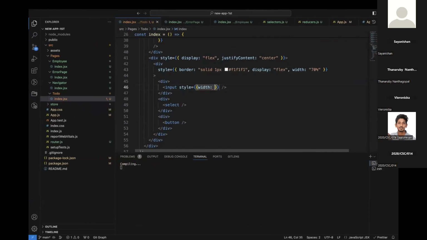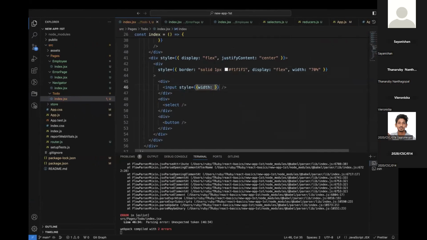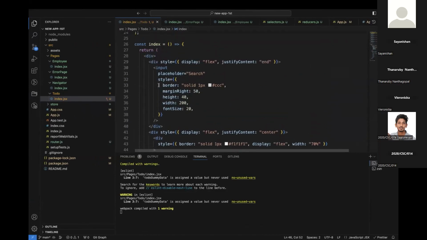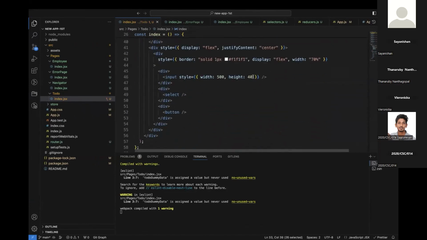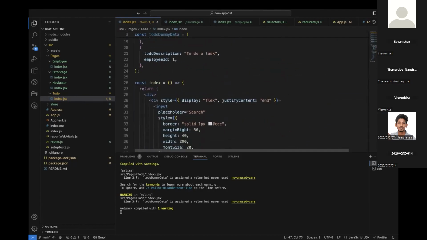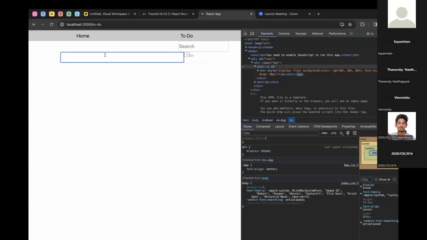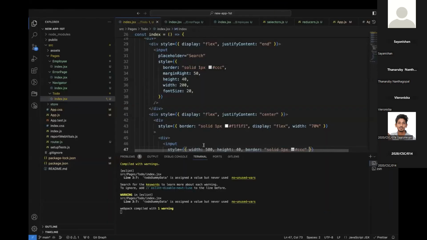I'm going to put a really wider width, so I'll put a 500 width and height as 14. And also I want to put a border, so I'll copy the same border. That should do. Okay, here only I'm going to write my to do and select user list, and then I'm going to